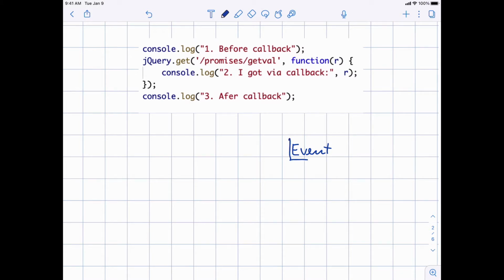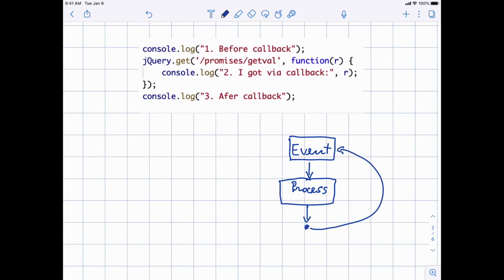So there is an event, and what you do is you want to process the event without ever stopping, without ever waiting for anything, okay? Then, when you are done with the processing, you go back and you go wait for the next event. So you wait for an event, you process it, and you go wait for the next one.